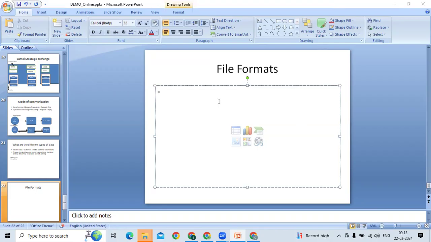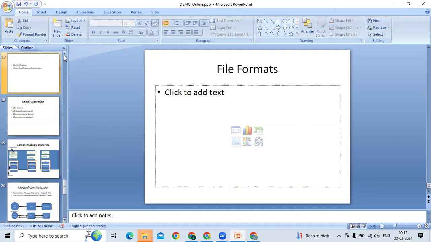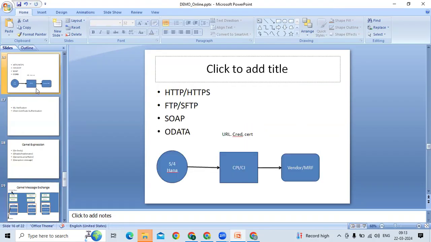So we discuss today what are the different file formats. We discussed many things till today. So we come to the basic diagram where the source application will send some data to CPI. From CPI, it undergoes some logic, some transformation, and from there it goes to the receiver. So the question is, how does the sender application